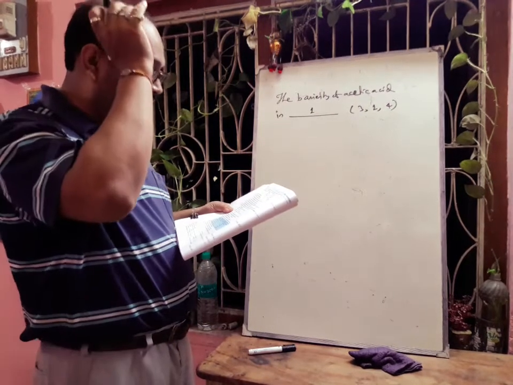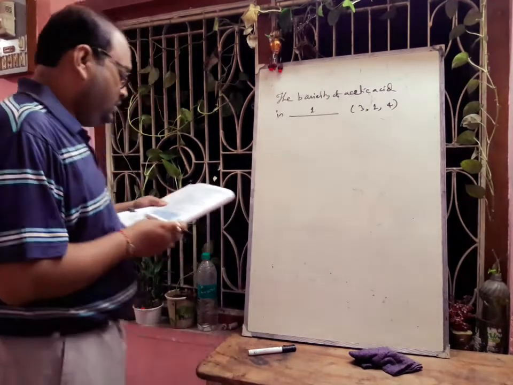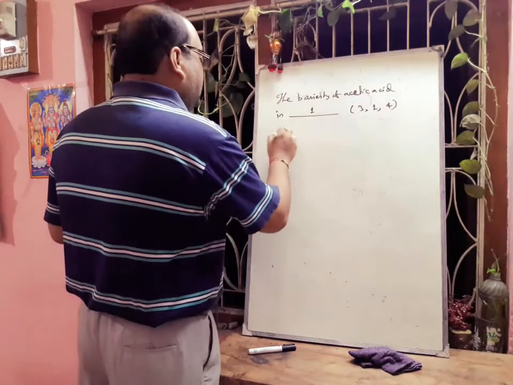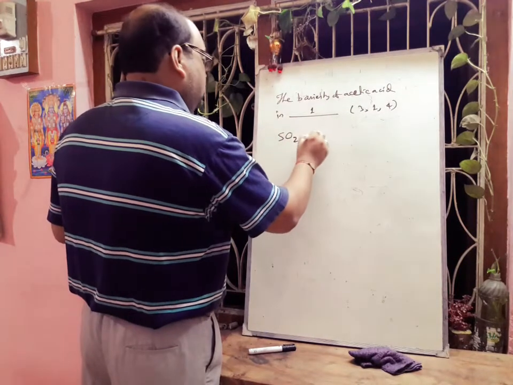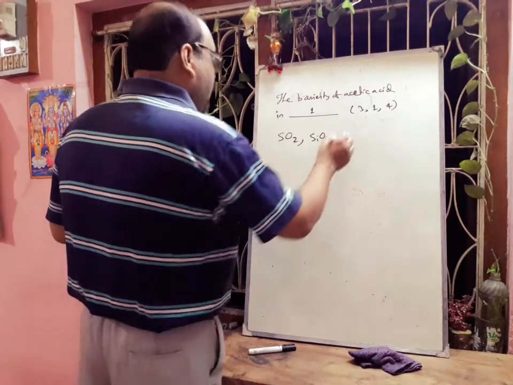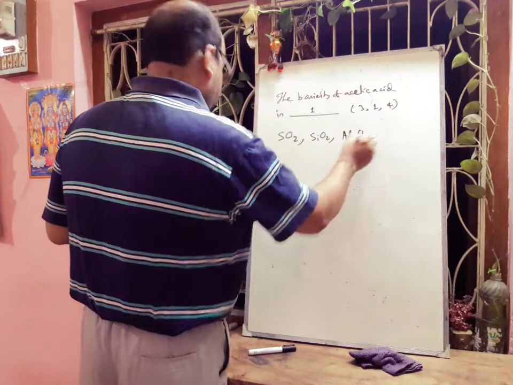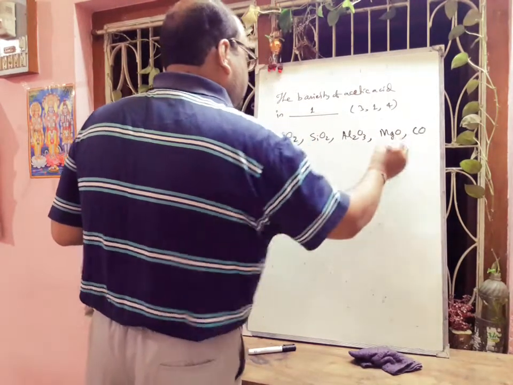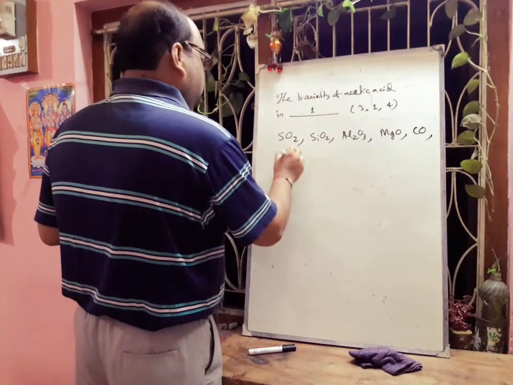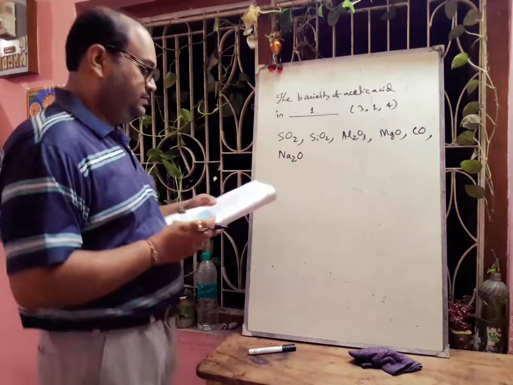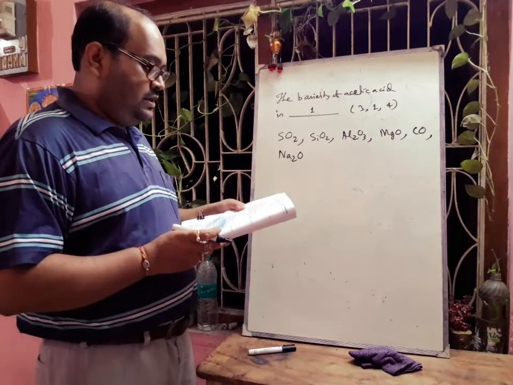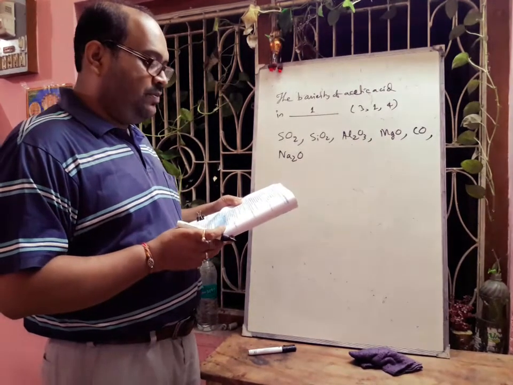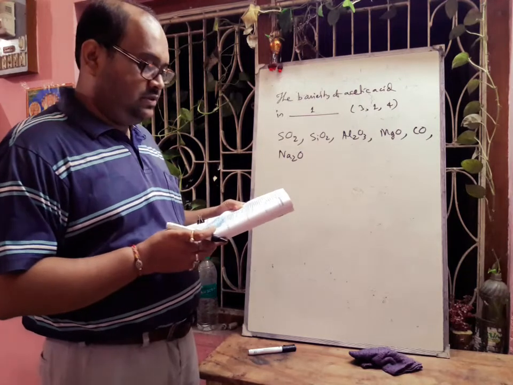Here some oxides are given. Now they are asking some questions. The oxides given are sulfur dioxide, silicon dioxide, aluminium oxide, magnesium oxide, carbon monoxide, and sodium oxide, Na2O. Choose the most appropriate answer from the following list of oxides which fit